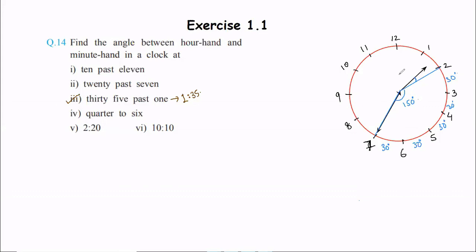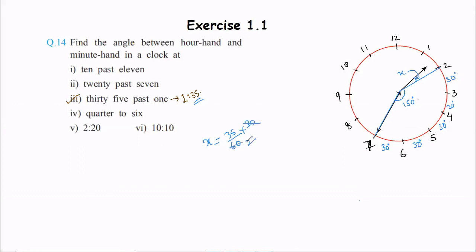What will this difference be? X. This difference is to be calculated this way. X is equal to 35 minutes have passed, right? So 35 divided by 60 minutes. Why am I dividing by 60? Because 1 hour consists of 60 minutes, into 30 degrees, because the division of 1 hour between 1 and 2 has 30 degrees. Cancel it, you will get 7 and 12. Can we cancel it further? Let's try a different way of cancelling. We'll cancel by 30 and 60 rather than 35 and 60. So this and this cancel, 2 is remaining.